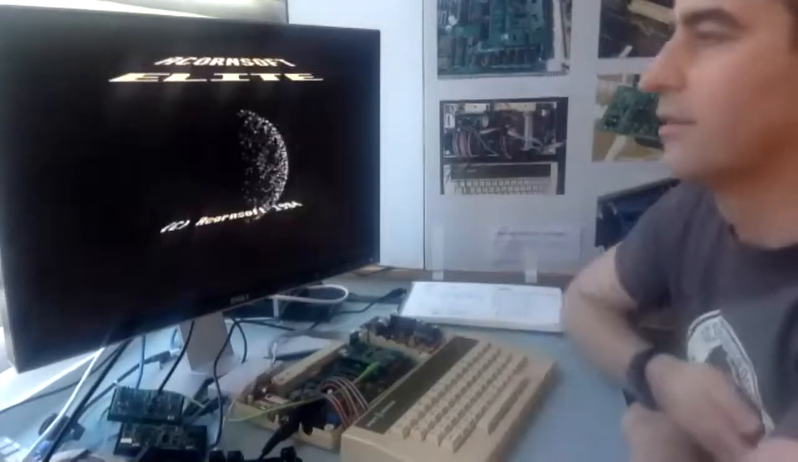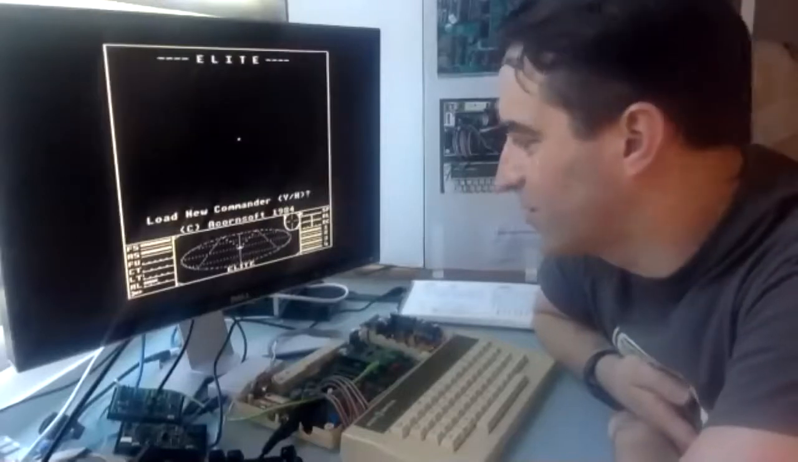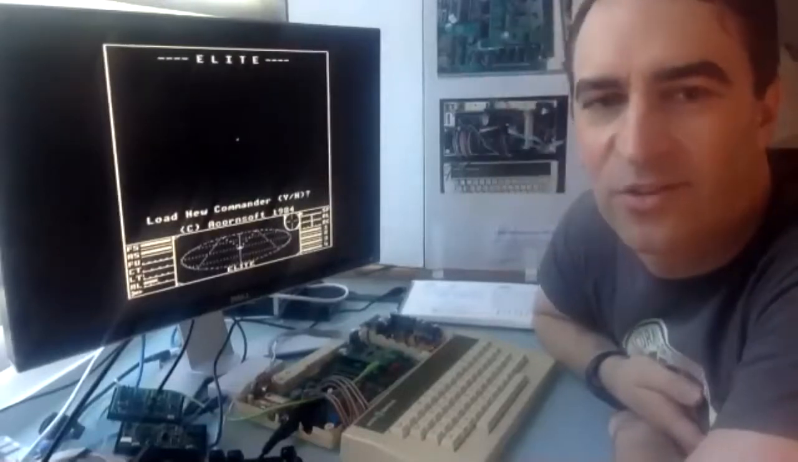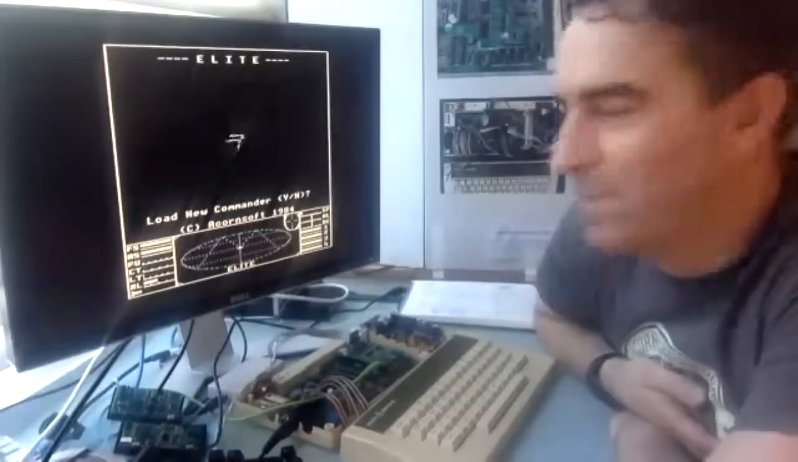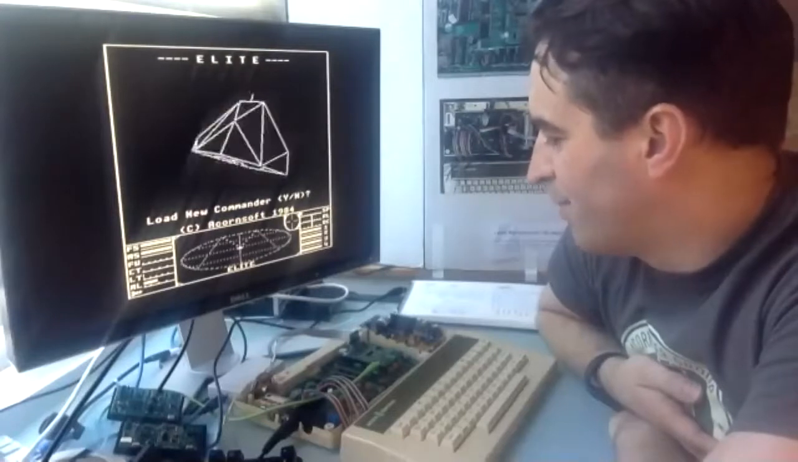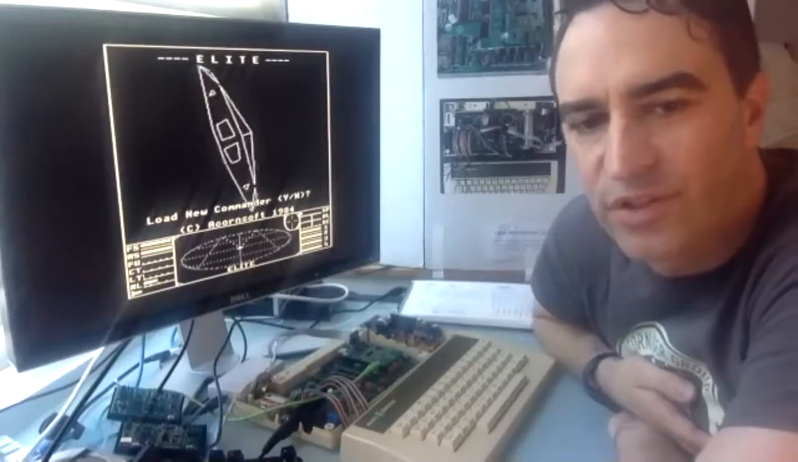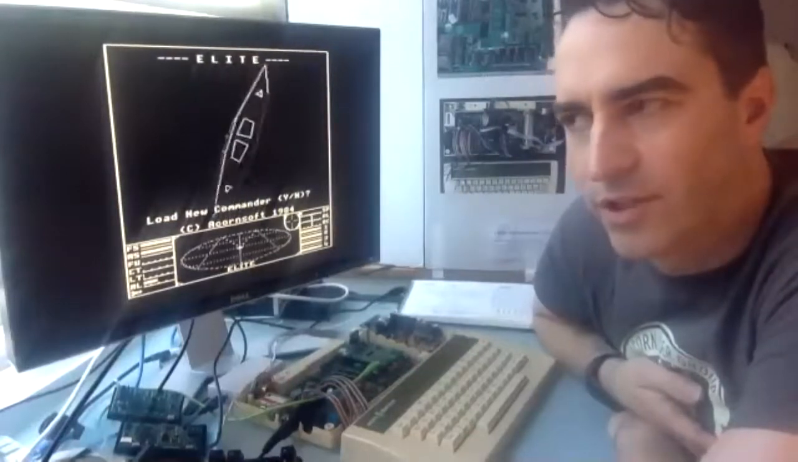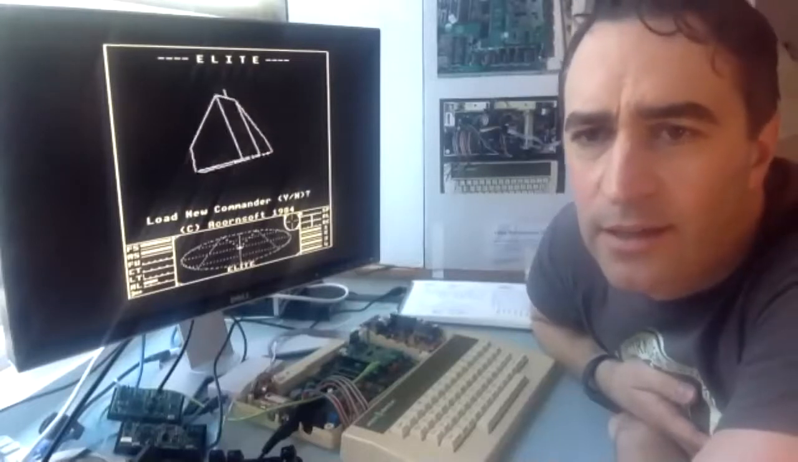Ta-da! There's Elite loading off the Mega Games cartridge. That's actually a soft Mega Games cartridge running inside the ULA. I've also implemented a serial port that uses the debug microcontroller. So I'm running Tom Stebbins' BeadLink on my